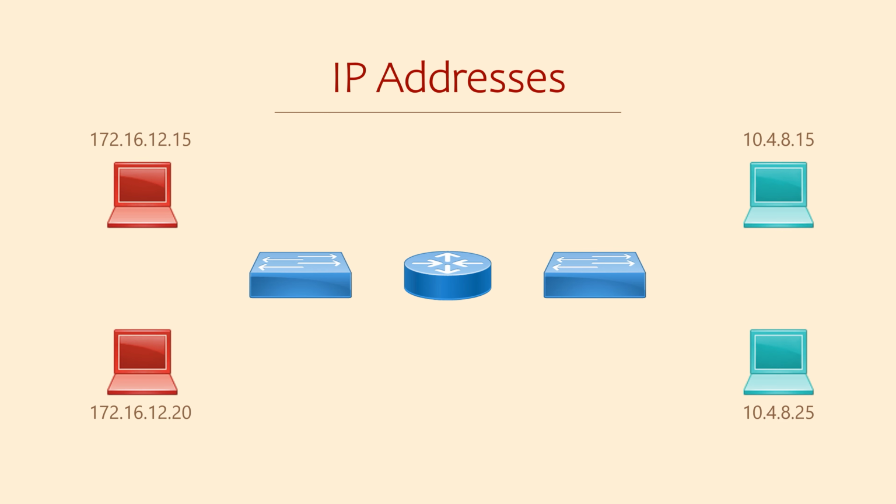When the two devices are on the same subnet, the source sends packets straight to the destination. But often the sender and receiver are on different networks. We can tell because the beginning of the source and destination IPs are different. In this case, the packet travels to the router and the router forwards the packet on to the correct network.